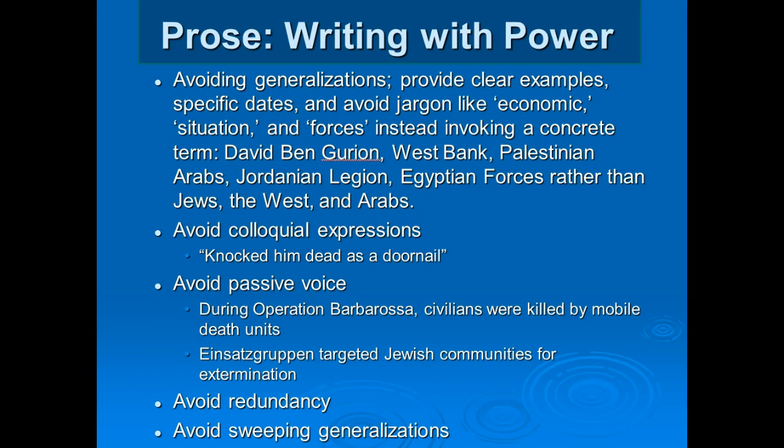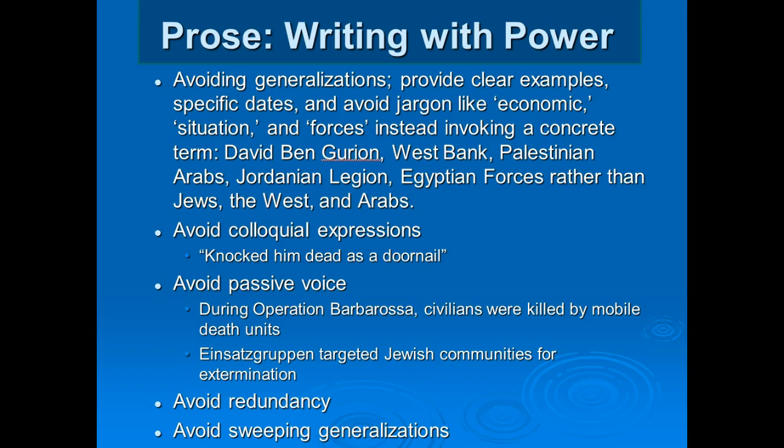One of the things that's important to avoid is generalizations. You have to provide clear examples. The more you can get to the retail level, the level of fact, humans, individual protagonists doing particular things at particular times, this is when you avoid generalizations. You're going to need to have some generalizations. Your thesis is a type of generalization. If you're making an argument about Nkrumah's post-colonial thought, it's a generalization because you're generalizing about his whole book. That's fine. But as much as possible, you want to avoid generalizations,